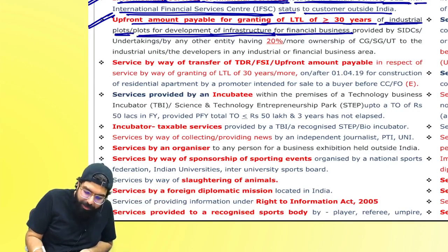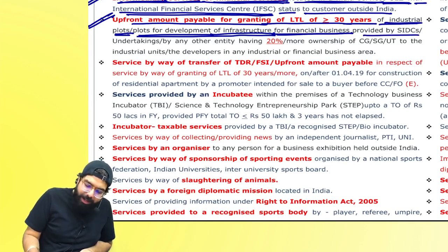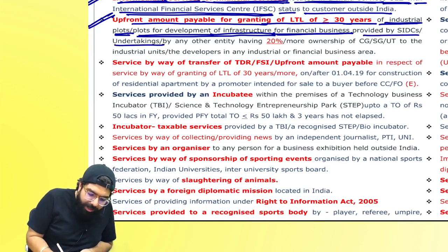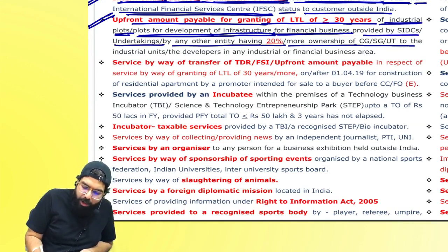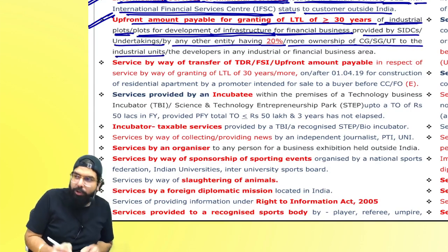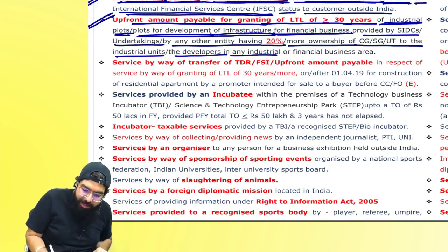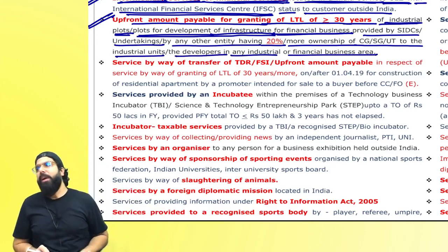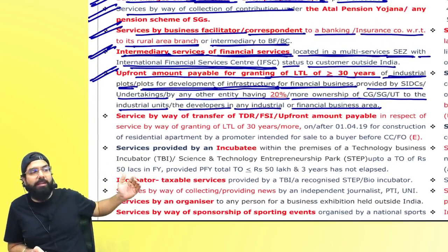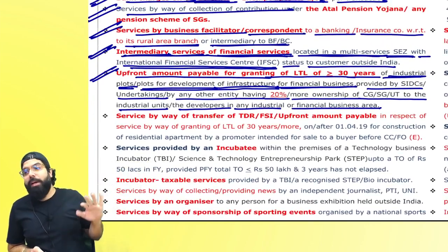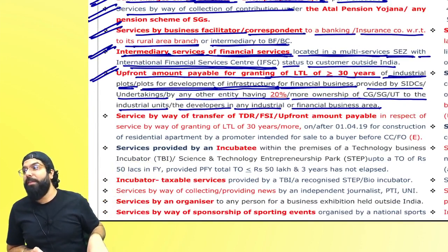Infrastructure for financial business, provided by SIDC, State Industrial Development Corporation, or an undertaking, or by any other entity having 20% or more ownership of central government or state government, to an industrial unit so that he can develop industry, or to a person who can develop what? Any industry or financial area business. In that scenario, giving of long-term lease against an upfront amount, on that upfront amount there will be no GST. But one thing I would like to say, on monthly rental GST will come; only on the upfront amount GST